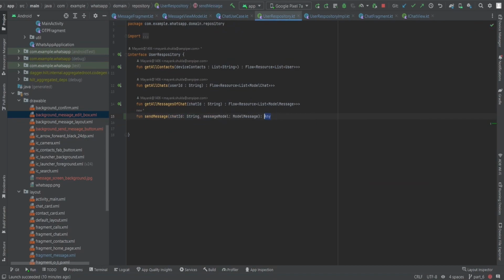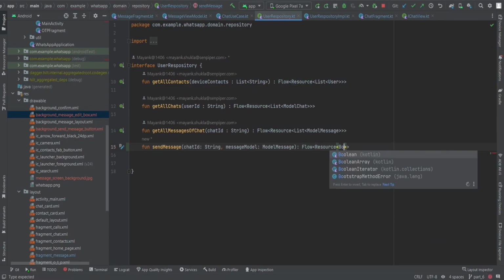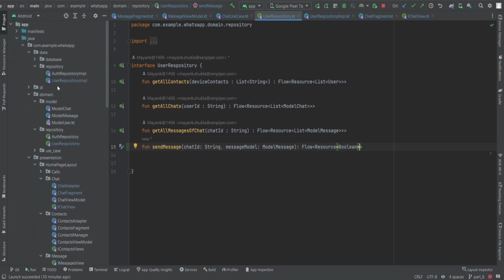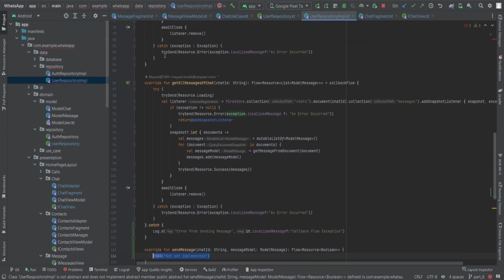What is the return type here? This is the question. I'm going to use the same return type as when we created the user profile. At that time we also had a Flow of Resource of type Boolean, so I'm going to keep it like that.